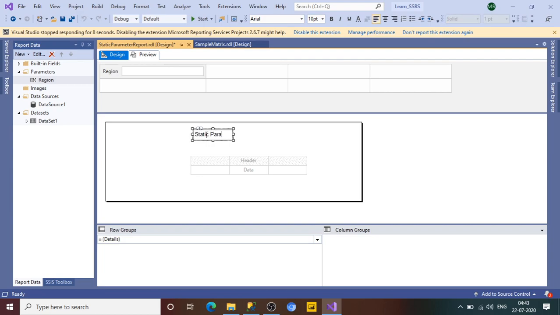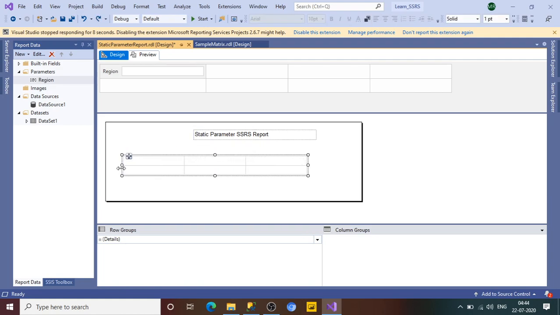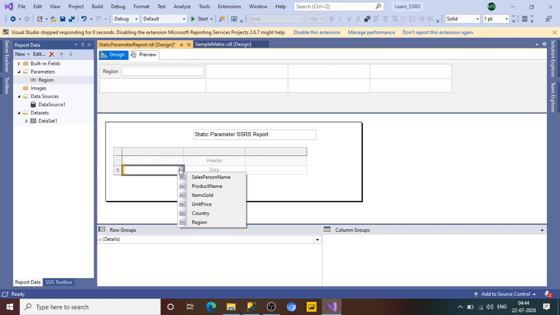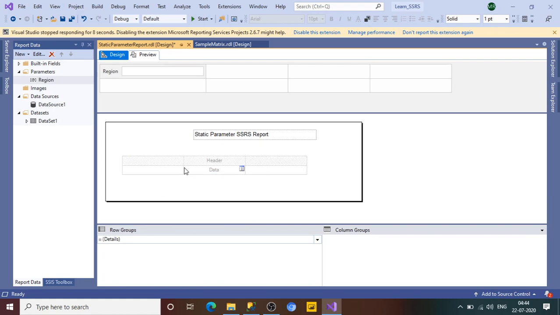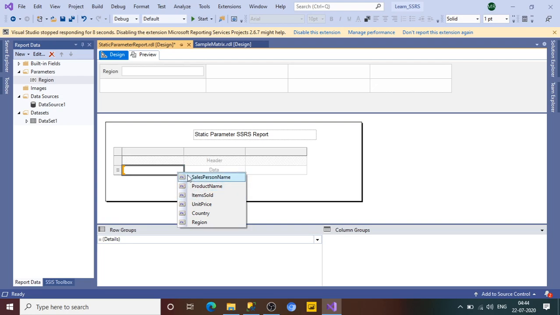static parameter report, SSRS report, and just drag it. Okay, so here if you click here, you will see all the columns available